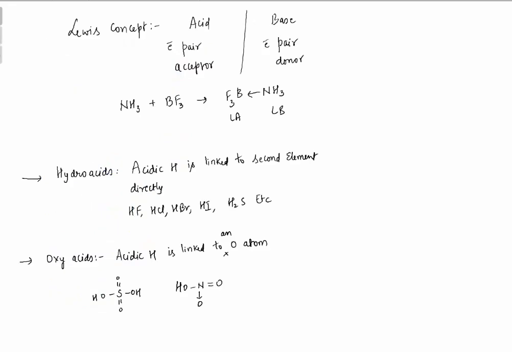Now, we go to the next concept or theory, that is Lewis. Bit tricky, we'll explain it. According to this, acid is a substance which accepts electron pair, and base is a substance which donates electron pair. Now, we need to explain this in a better way. First, to donate, please remember, to donate,